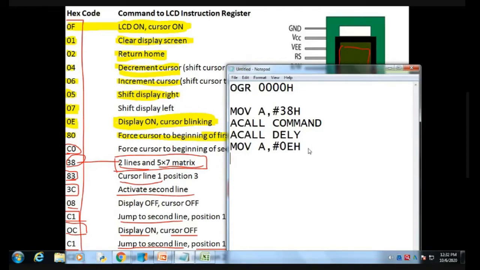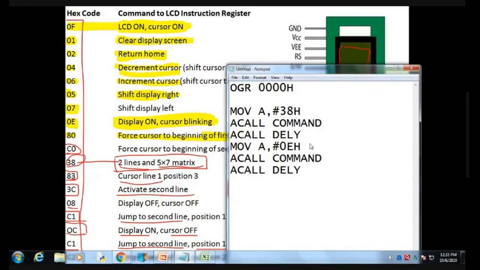So again, to define this command, we have to call the command subroutine, and for the operation we have to add some delay.